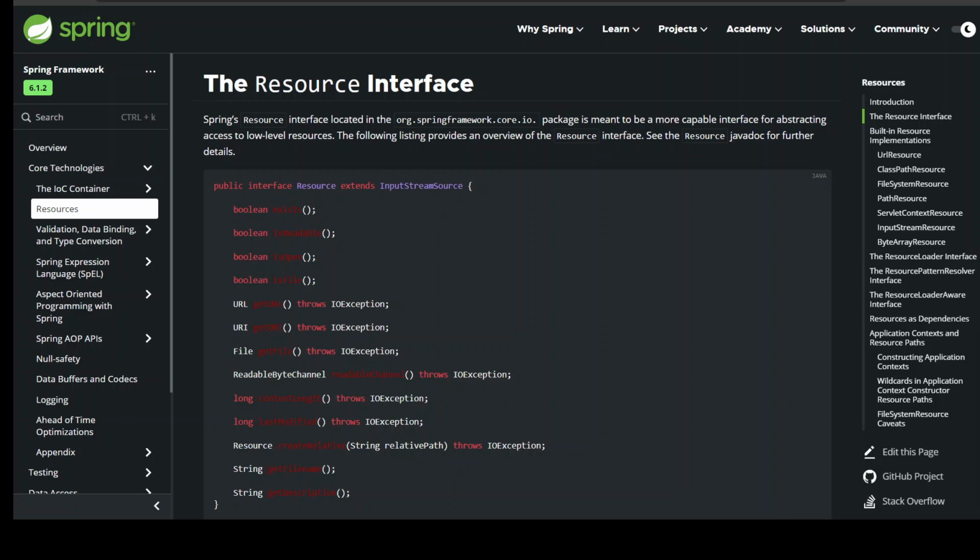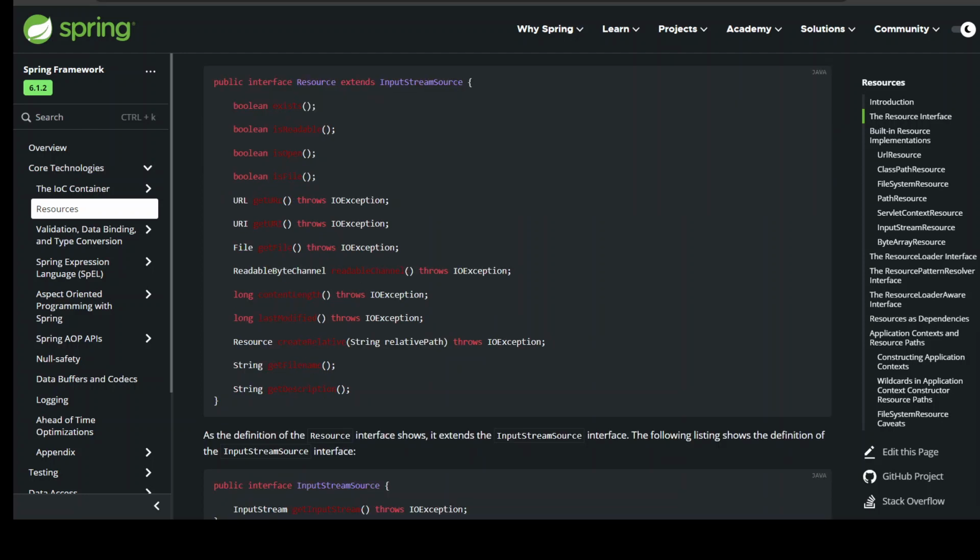public interface Resource extends InputStreamSource. boolean exists(); boolean isReadable(); boolean isOpen(); boolean isFile(); URL getURL() throws IOException; URI getURI() throws IOException; File getFile() throws IOException; ReadableByteChannel readableChannel() throws IOException; long contentLength() throws IOException; long lastModified() throws IOException; Resource createRelative(String relativePath) throws IOException; String getFilename(); String getDescription();